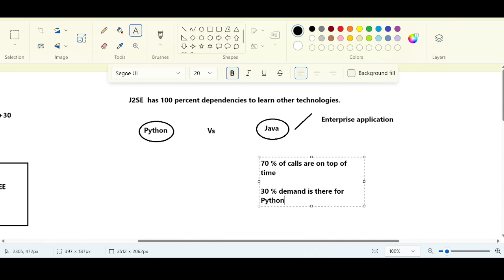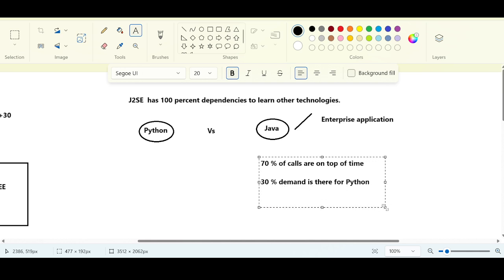Then why are they creating a huge hype in the market? Just to do business, that's it. Even I learned Python in the beginning, but I migrated to the Java programming language because I know it is remaining as a king in the industry.